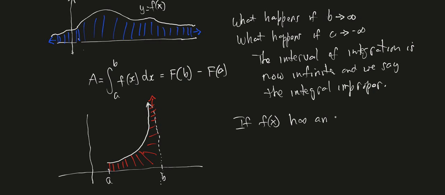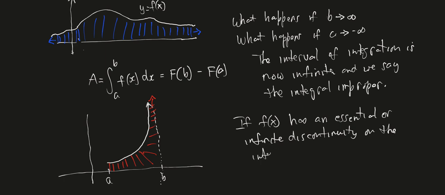So if f of x has an essential or infinite discontinuity on the interval, it could be at the upper limit, it could be at the lower limit, or it could be somewhere in between. So somewhere on the interval,